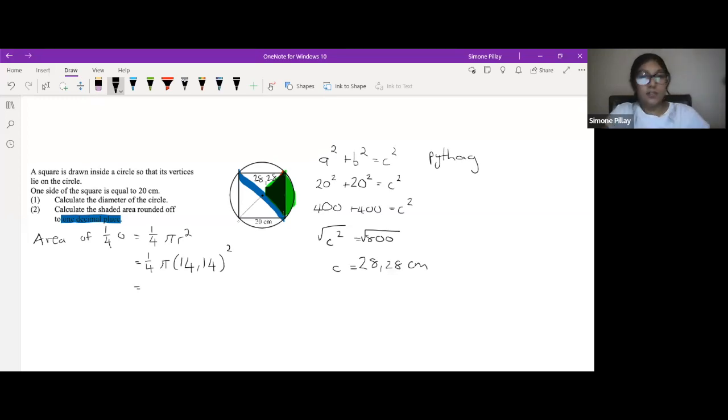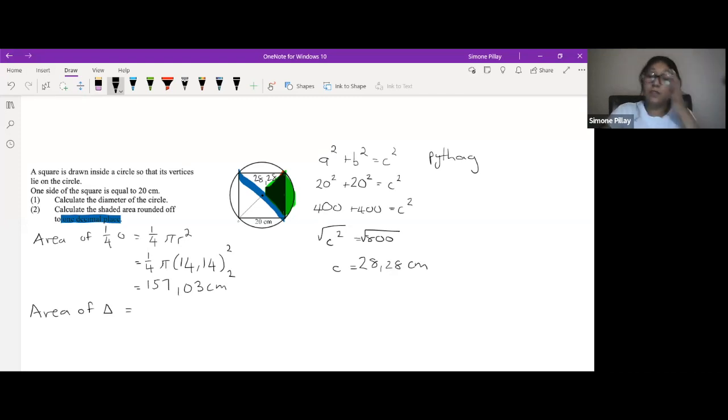Somebody do my answer for me, while I also do it. 14,14. Okay, I am getting 157,03. Thank you. Who was that in the chat? Tyler, thank you. 157,03 centimeters. And here we have centimeters squared. And then my area of my triangle